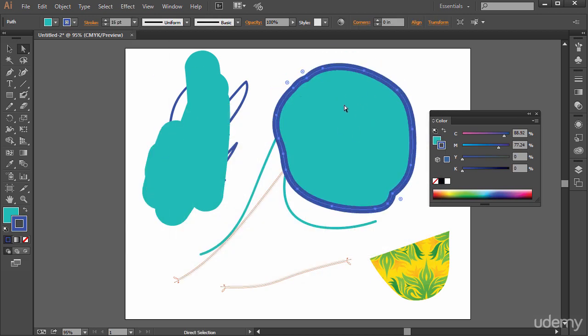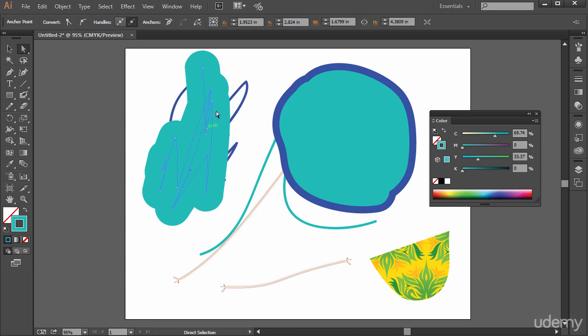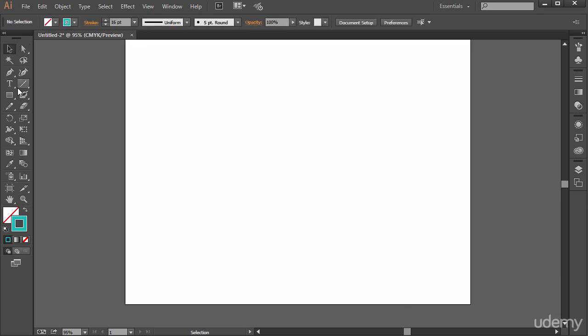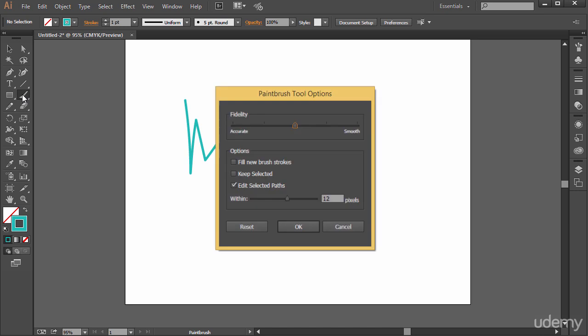All right, so that's the blob brush tool, and then just the regular paintbrush tool. That's the difference. You notice, regardless of whether you're using the paintbrush tool or the blob brush tool, whenever I draw something out and let go, it deselects it. So if we want to remain selected, all we have to do is double click on the tool over here